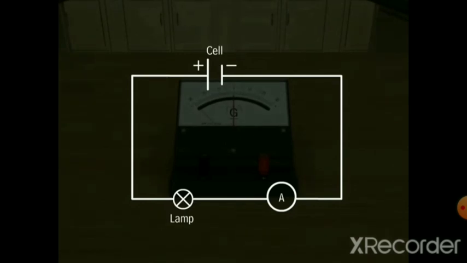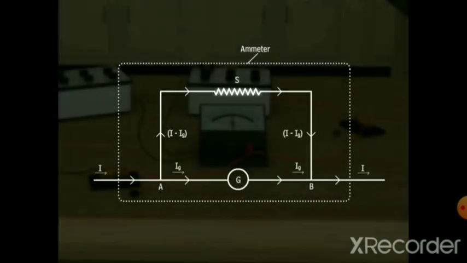To convert a galvanometer into an ammeter, a very low resistance known as shunt is connected in parallel to the galvanometer. The value of shunt is so chosen that most of the current passes through the shunt. This prevents large current from flowing through the galvanometer, which may damage it. If Ig is the current required to produce full-scale deflection in the galvanometer, the remaining current flows through the shunt